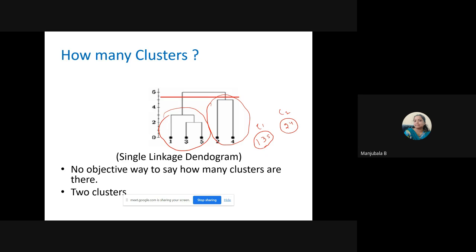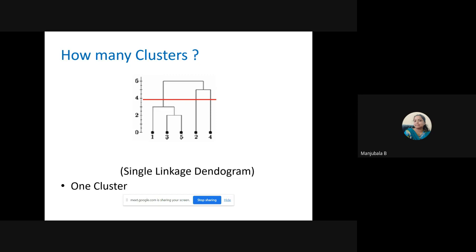So determining the clusters from the dendrogram is also a difficult task, right? If you draw the line here, now if you see, it will combine. This is considered as one cluster. So all the data points are coming under one cluster. So it depends upon how you are going to partition the dendrogram, right? The number of clusters will be determined by using this partitioning in the tree-like structure, that is the dendrogram,